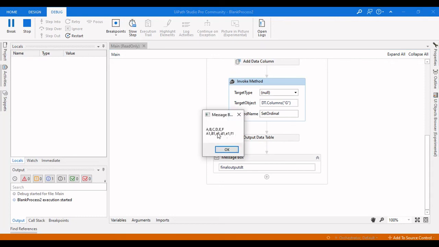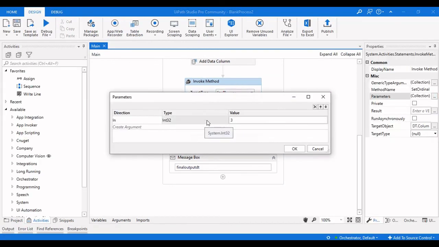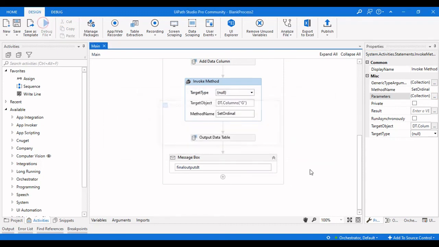So this is the initial data table, and we can see G is placed in between C and D here, which is g1. If I change this particular input argument, the integer value, to 5, it will place after E. So let us check that as well.